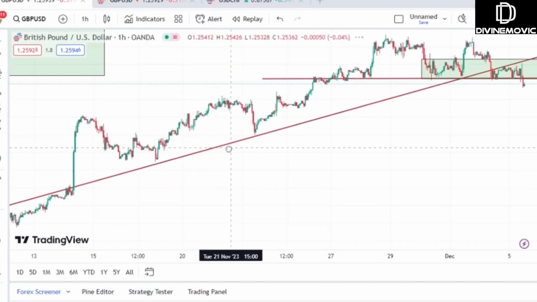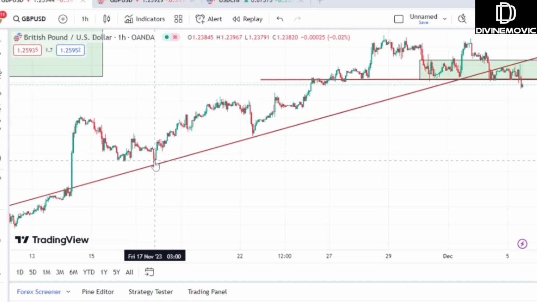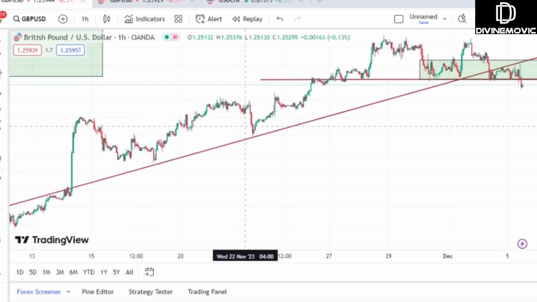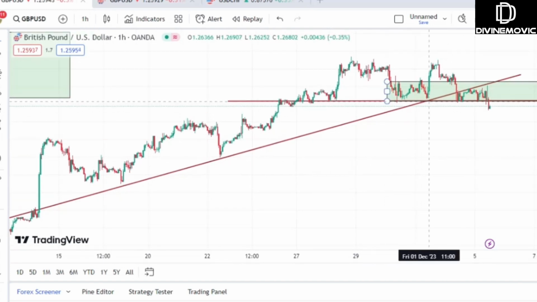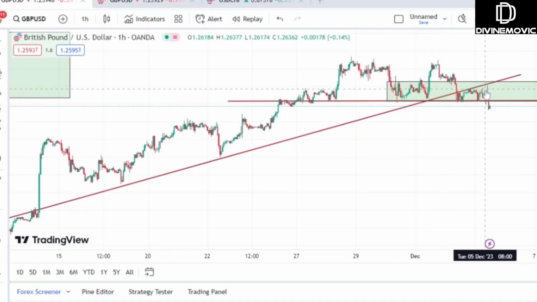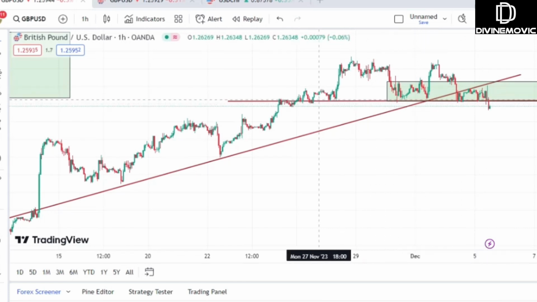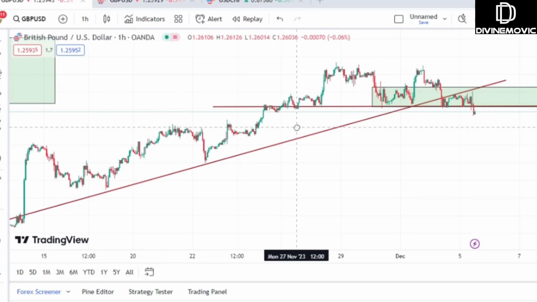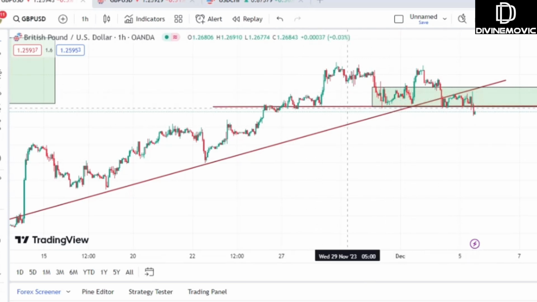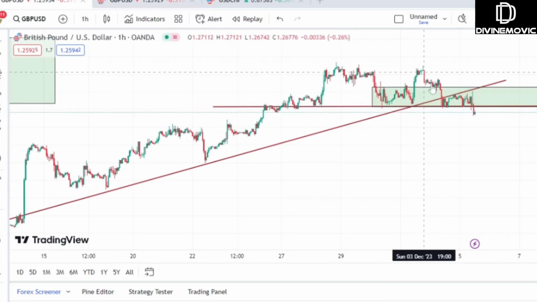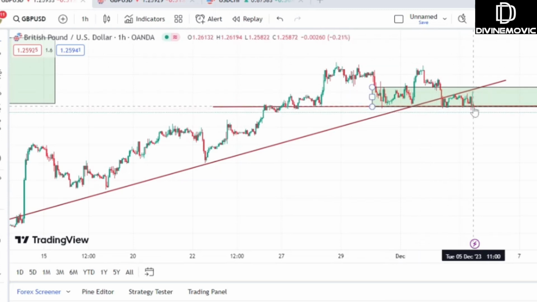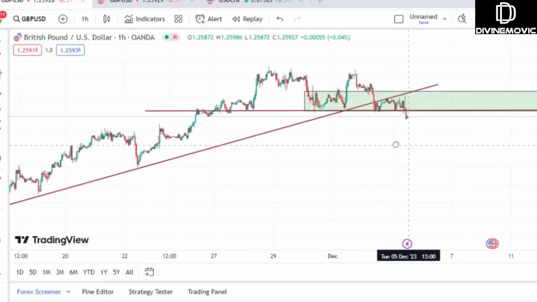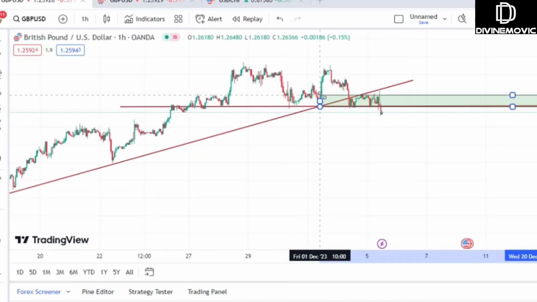Now what can we see? Price respected this trend, came here, respected it, still came to this point here and respected it. Now price broke below this trend here. And below this trend is a support level where people are actually buying. So there's plenty of liquidity below this trend here, because there's trend line traders here trying to buy from this level and buy from this level, and price has broken out from this level. So here now becomes my point of interest